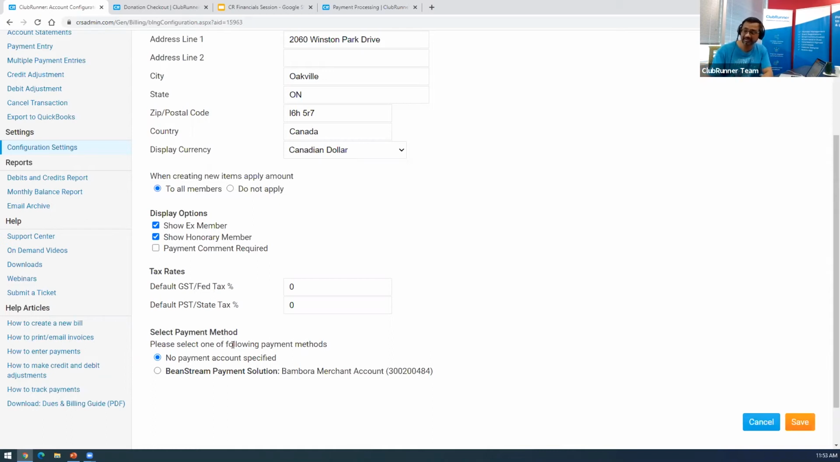So in fact, right here, the payment account has not been specified. You can actually see that. It's okay if you don't have one. You can still send out an invoice. What will happen is when you do have, in this case, a Bambora Beanstream payment module set up, normally